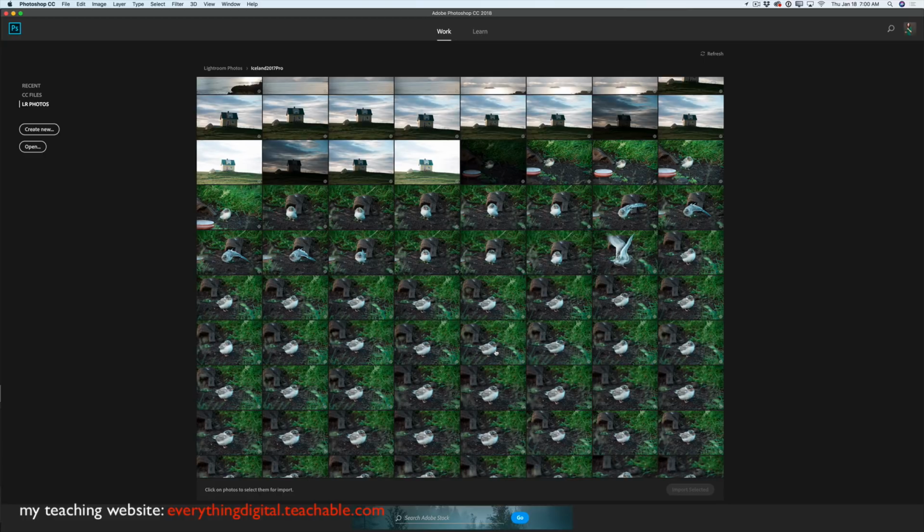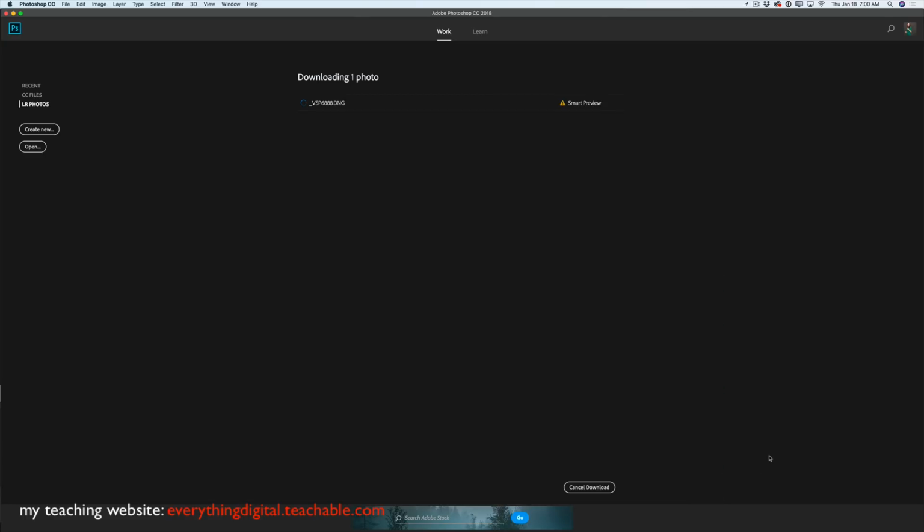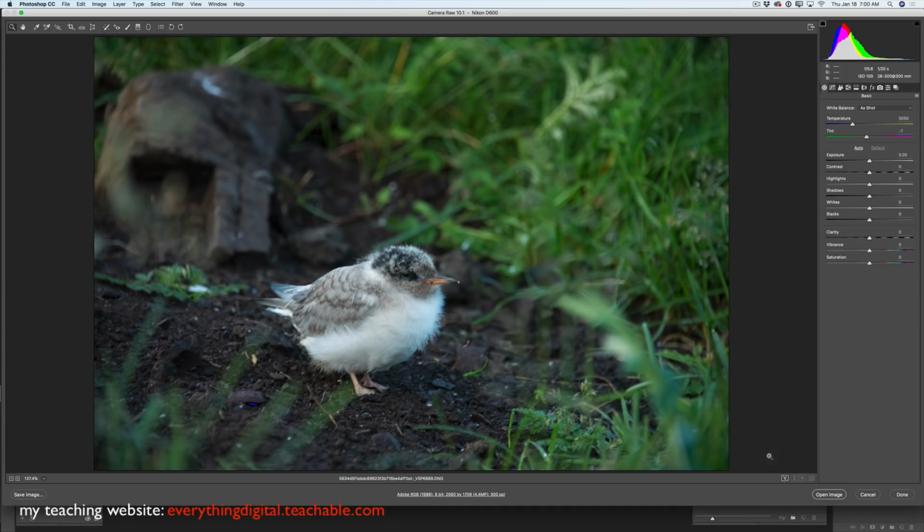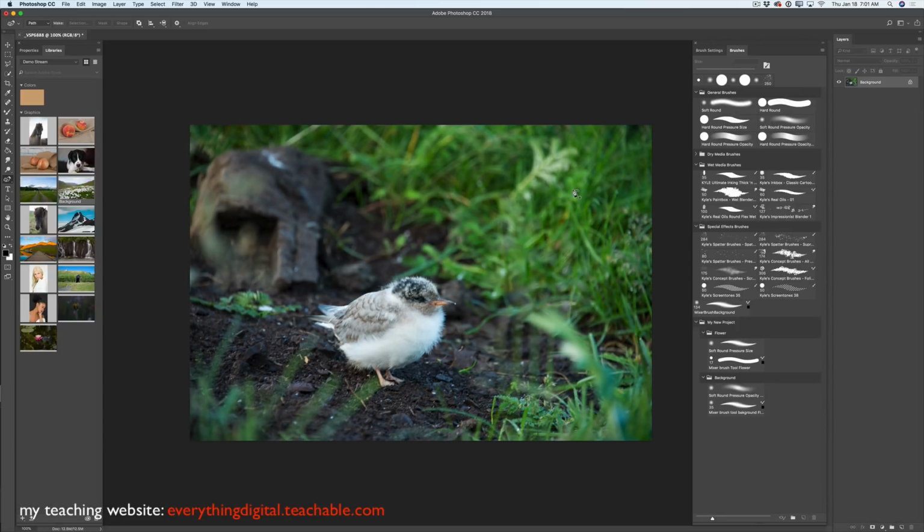I will click on this image. I will click import selected. I can select multiple images and I will open them in Photoshop. And voila, here's this image opened in my Camera Raw. I can apply any adjustment like exposure if I need to, contrast, and something like that. After I am satisfied with the starting point of my post-production, I would say, I will click on open image and voila, image opened in